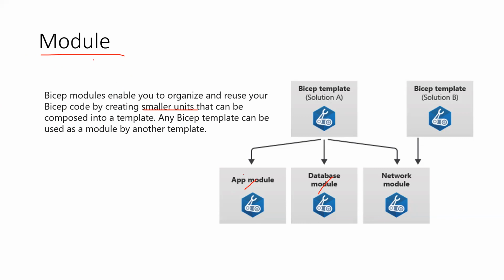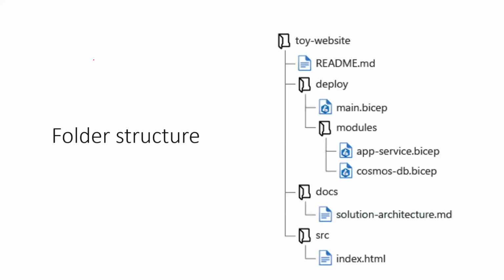I will show you how the folder structure will look for your project. This is something that Microsoft suggests, where you have your README file. Then you create a separate folder where you have all your Bicep files, and inside that, keep your Bicep main file outside, and keep all your modules inside a folder. If you have different environments, you can name them differently, like prod module, UAT module, and have separate folders as well.